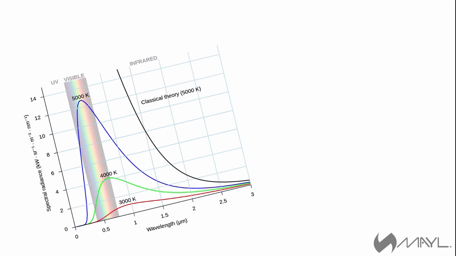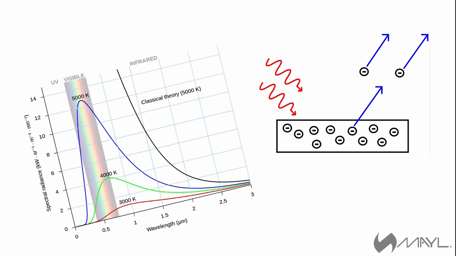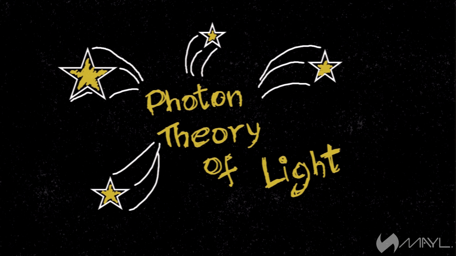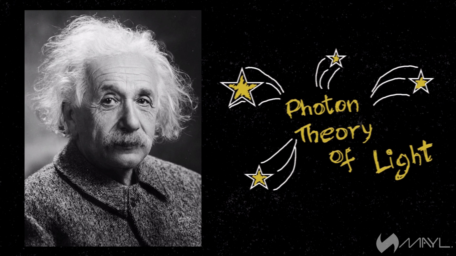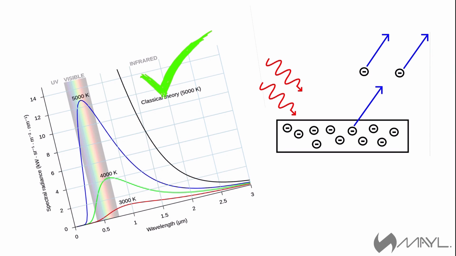This theory of light modeled as a wave seemed to explain the behavior of light just fine, until exceptions like the ultraviolet catastrophe and observations made in the photoelectric effect posed a problem to this theory. So then came another breakthrough in the name of quantum or photon theory of light, given by none other than Albert Einstein, by which he could explain the observed properties of light in these exceptions which could not be explained by the electromagnetic theory. So does that mean that this is the theory of light that we follow and not the wave theory of light?